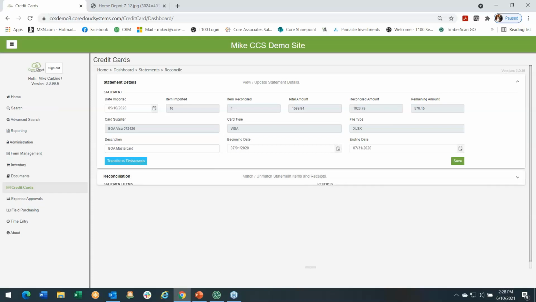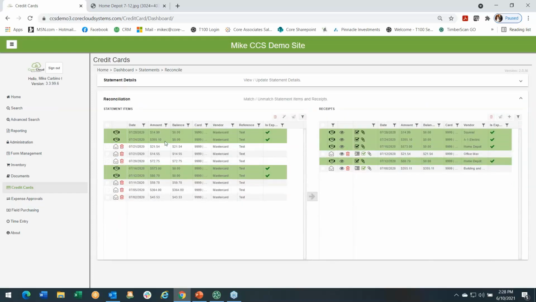Instead of me in accounting having to wait until the end of the month when my statement comes in, and now I'm scrambling to try and get all of the receipts from various people that are in the field making these purchases, instead what has happened is they've submitted their receipts electronically, no paper involved. I'm reconciling electronically,